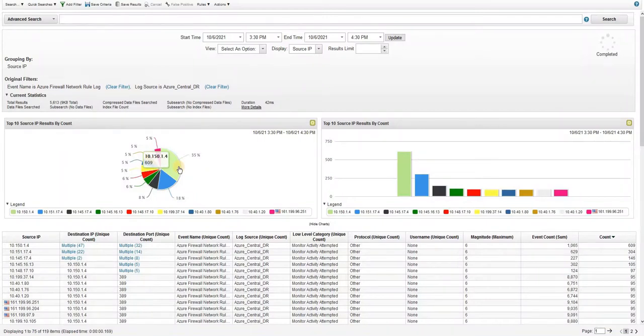So like this, we have a readily built graphical format of reporting structure in the QRadar console, right? This is the easiest option for us to filter and see the real-time log as well as the historical log. You can apply as many filters as you want until you see the specific traffic pattern you want to see for that time period, for that specific IP, or for a specific port.